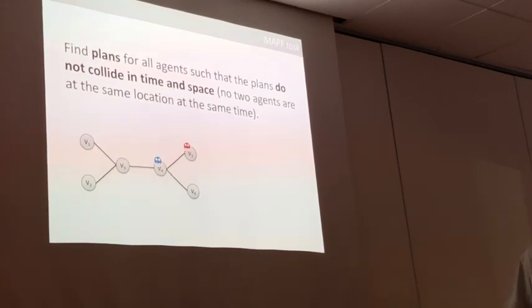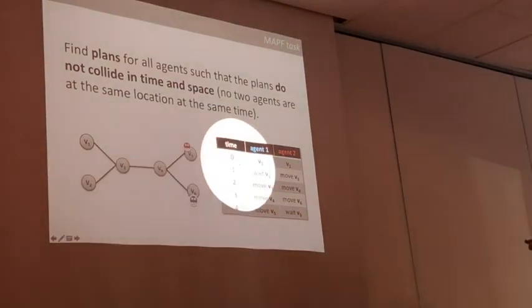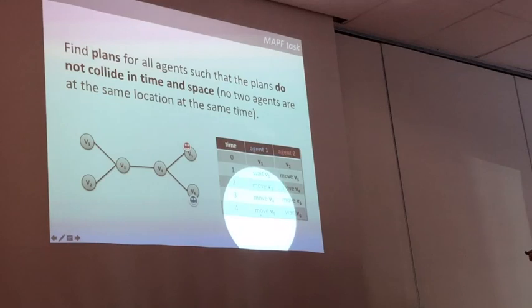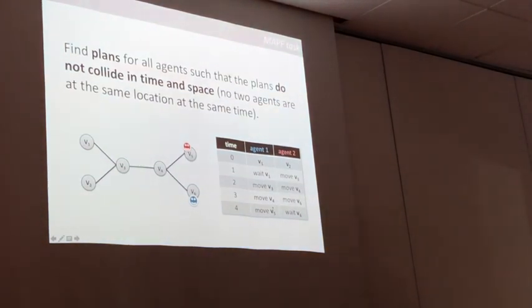So the red one is already there, now the red one is waiting, and finally the blue one reached the destination. Okay, so this is how the plan looks in a sequence of actions. So you can see that the plan length for agent 1 is 4 steps, for agent 2 it's 3 steps, the last time is just waiting, so we remove all the waiting actions at the end. So this is, let's say, the initial setting for multi-agent pathfinding, but there are some additional constraints that I